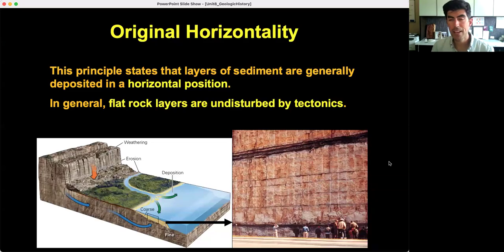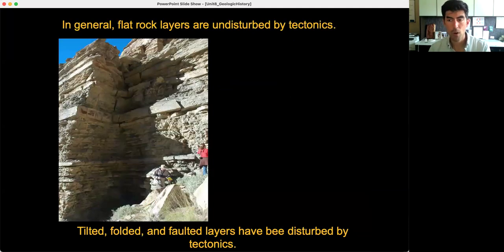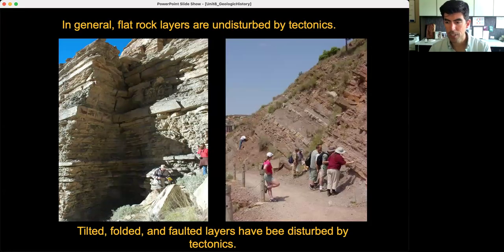Now, we take that as the assumption that this is how the rocks started. There are several tests that geologists can use to make sure of that, but in general, it tends to be true. So when these rocks are lying flat, we say that nothing has happened to them. However, once we begin to notice rocks that are tilted, folded, or faulted, we can then infer that those processes that tilted, folded, or faulted the rocks must have come later, that the rocks were originally undisturbed and flat-lying,